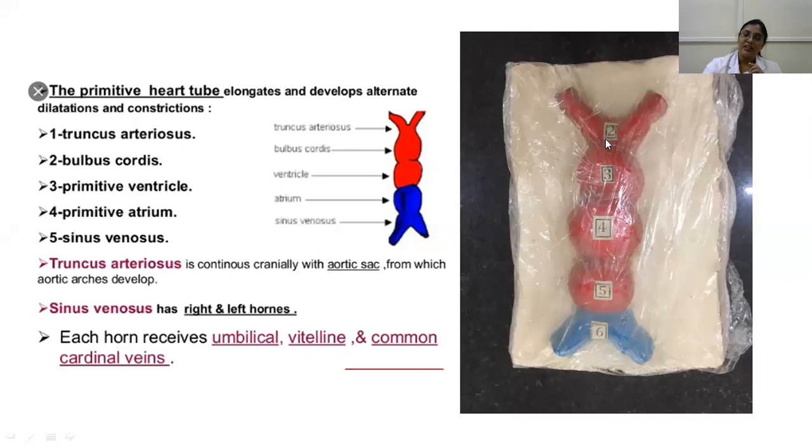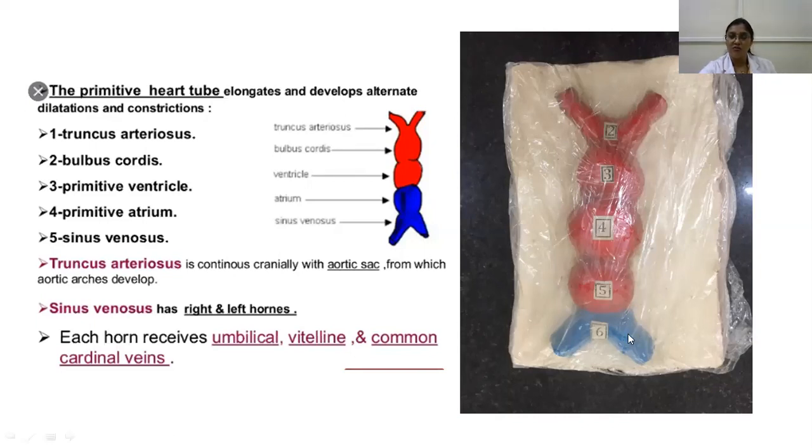And this truncus arteriosus, the distal part of it is the aortic sac, from which the aortic arches arise. The aortic arches just go around and they meet the dorsal aorta. Then they may go on to the aortic arches and the derivatives of it. It's like everything is interlinked. They won't just stop with this. And again, the sinus venosus, they will ask, what are these two?